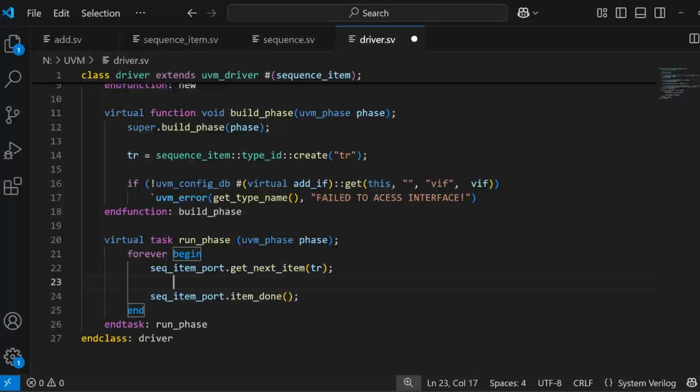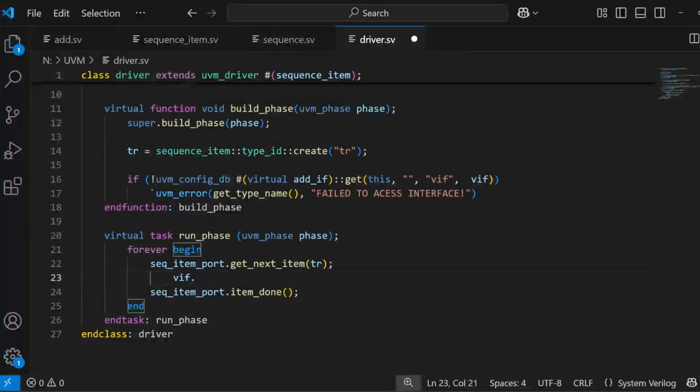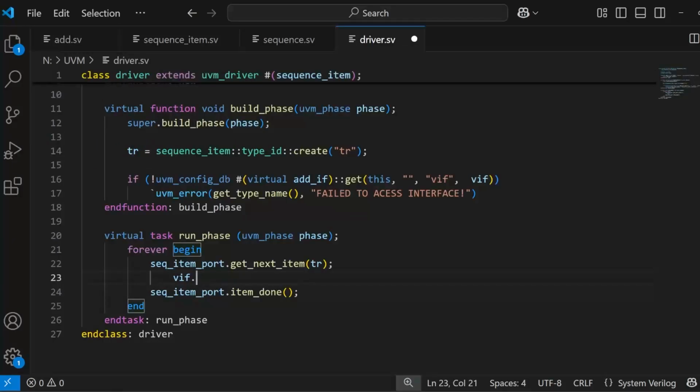So the name of our interface is VIF. Here you can see it. And we need to drive the data to the input signals. And if you look here in the interface, there are two input signals. Those are A and B. So first I will pass